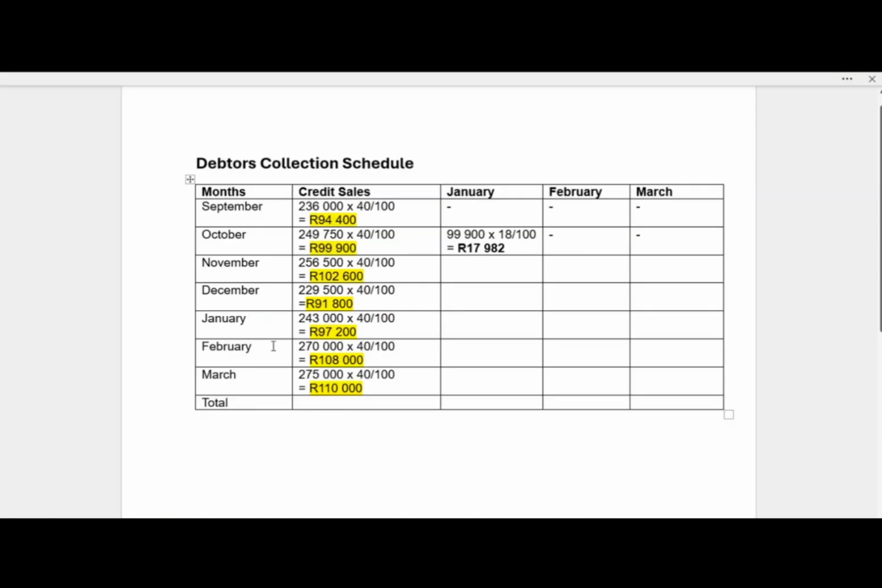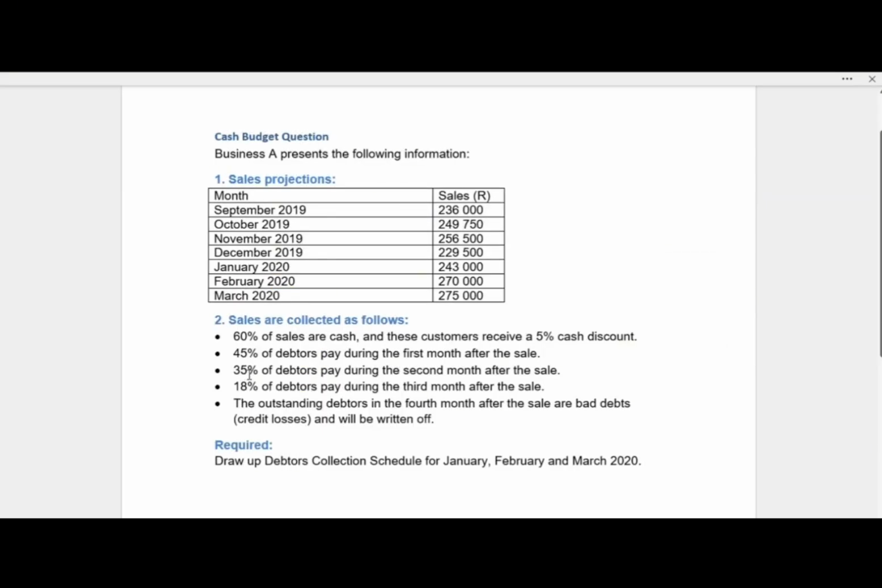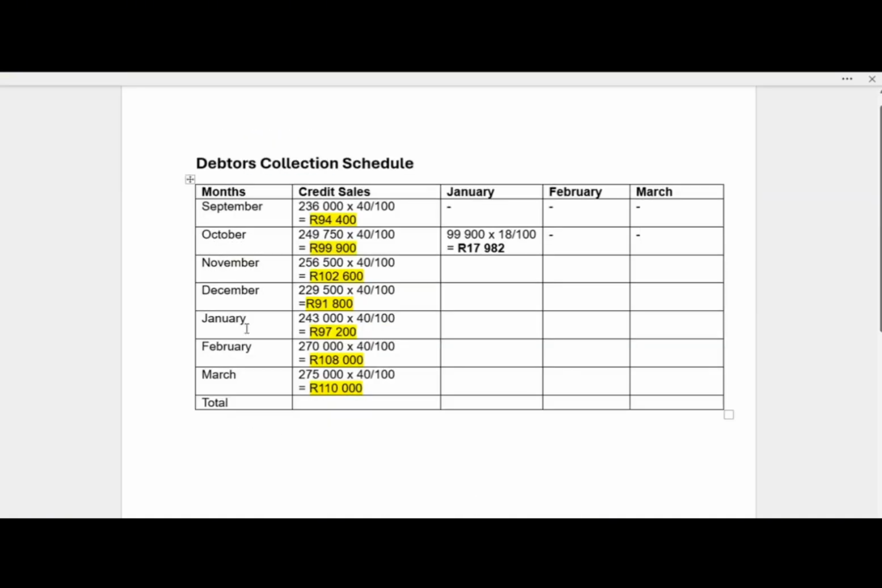And then the second month after the sale, they say the debtor paid 35% during the second month after the sale, all right? You pay 35% after sales. That means you as a business, you're going to collect 35% from your debtors in the second month after the sale. The second month after sale is January. So meaning you go to January, you're going to collect 35% of what is being credit sales in November, all right? So it's going to be